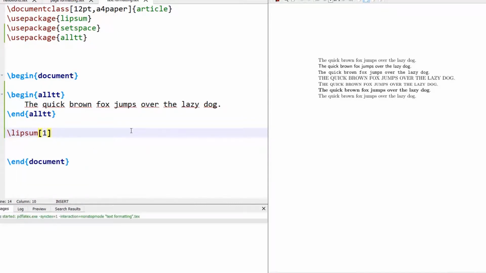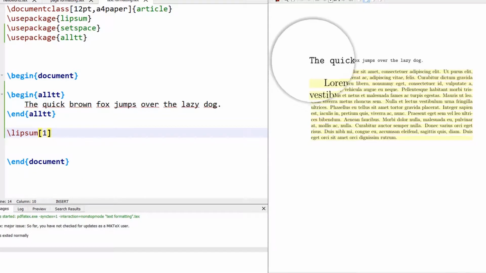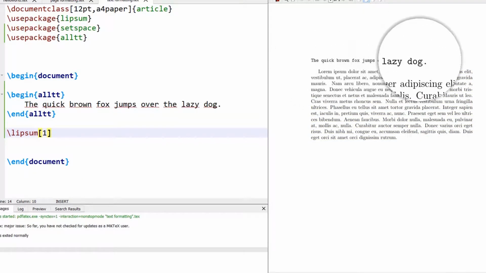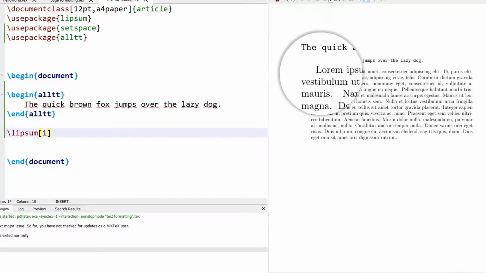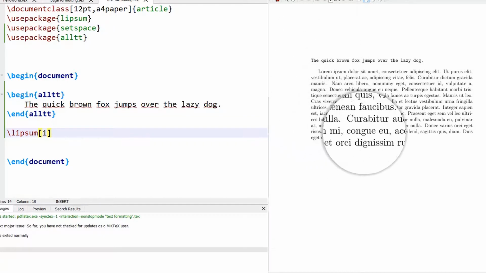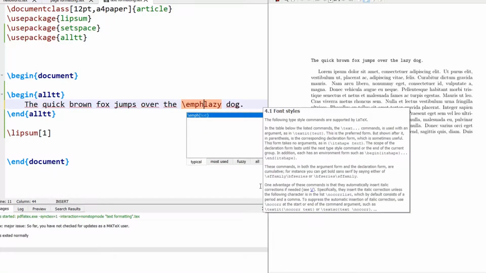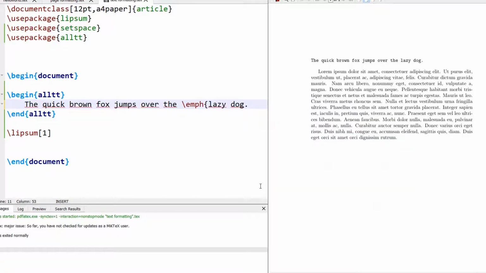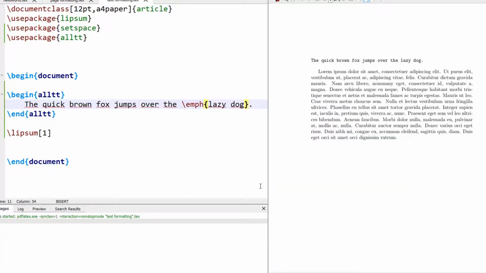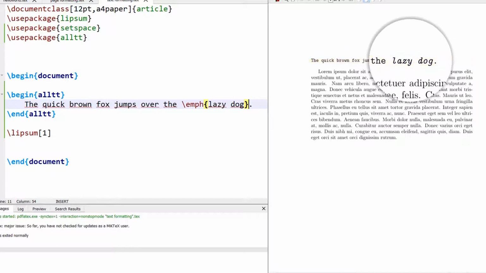So if I typeset this, what you notice is the first line only has been converted to teletype and the rest of the paragraph is set with a normal font. What if I want the text lazy dog to be emphasized? I can type the command \emph{lazy dog}. When I compile this, what you notice is this lazy dog is actually put in an emphasis mode.